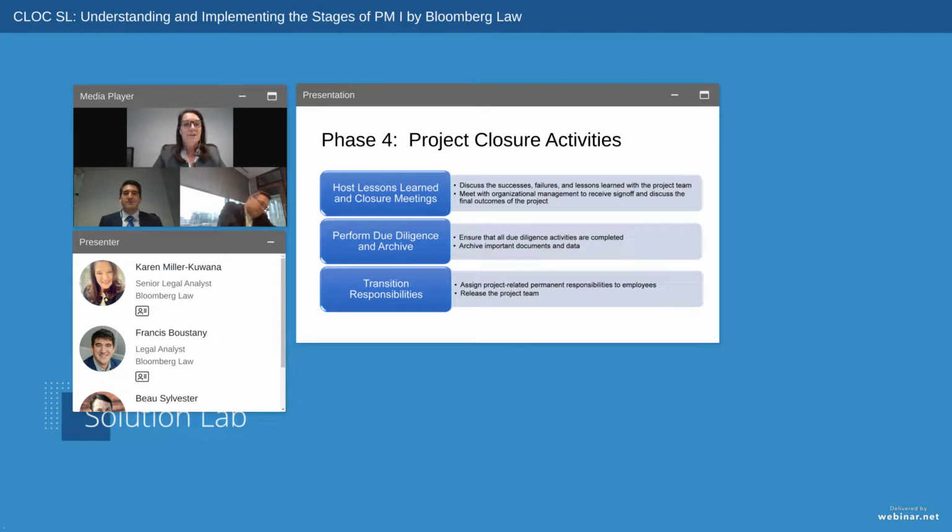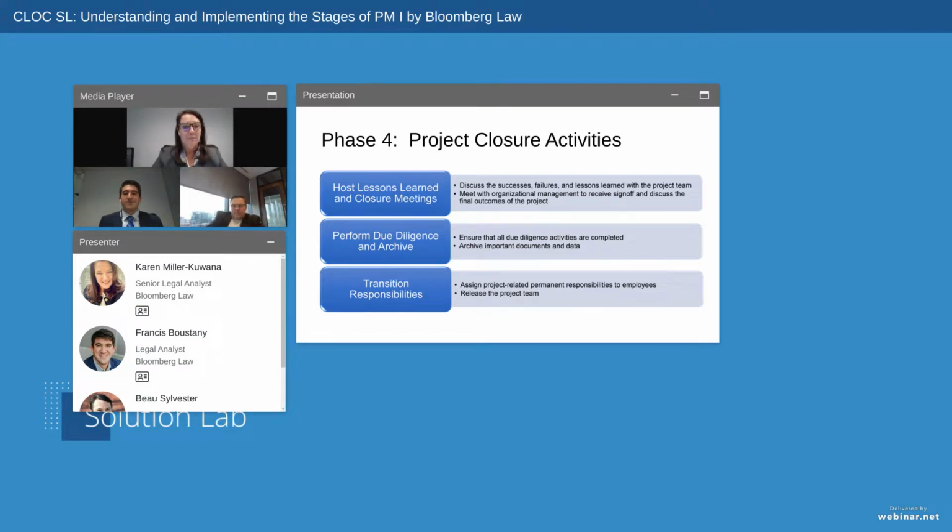The project team is also going to need to memorialize and archive all relevant and important information, documents, and data related to the project or the legal matter. It is really important at this phase. And again, when you're done, everybody's ready to just close the project and move on. But it is important to organize and store these archived materials in a manner that makes the information easily accessible for future reference, particularly to those you're transitioning the product to, or in the event of an audit.